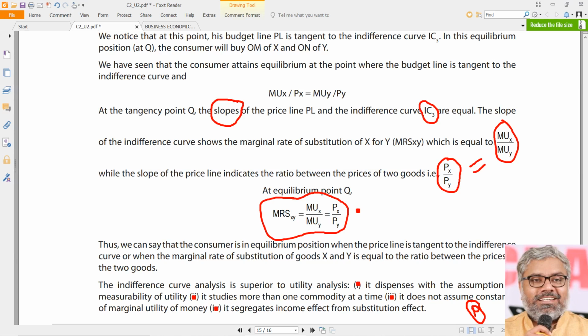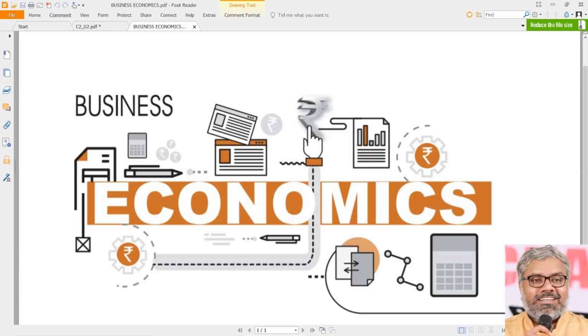Another thought is generally coming from Hicks and Allen, which concentrated on the qualitative aspects of consumer behavior and the theory of demand, which told about the income effect and substitution effect in the theory of demand, and indifference curves and budget lines in the theory of consumer behavior. So Marshall's school of thought and Hicks and Allen's school of thought are the two broad things we have learned at the end of these two units of chapter 2. Ultimately, these two different dimensions to the theory of consumer behavior and the theory of demand have been understood, hopefully.